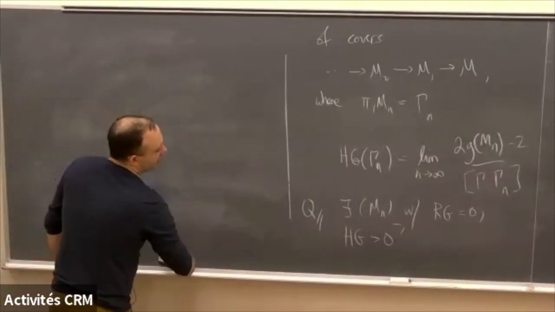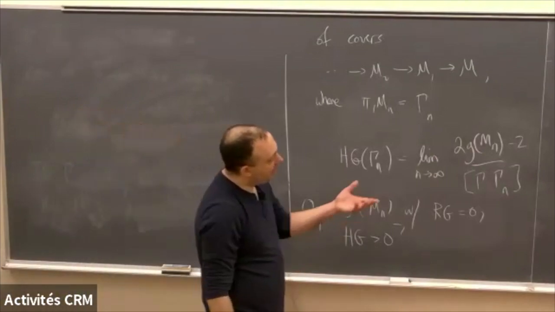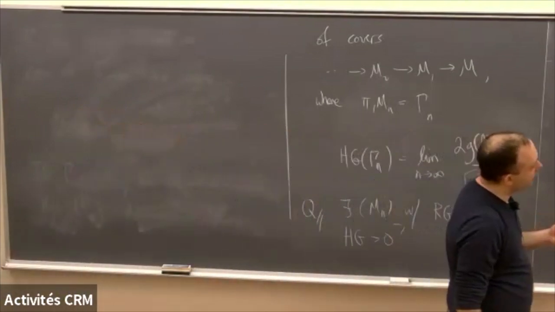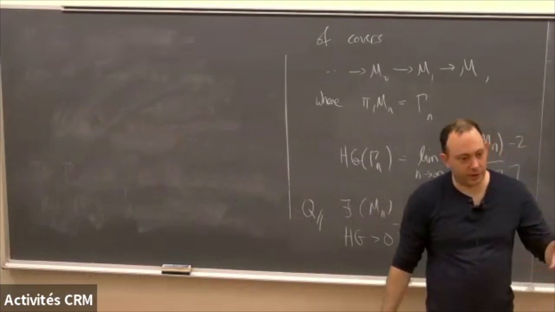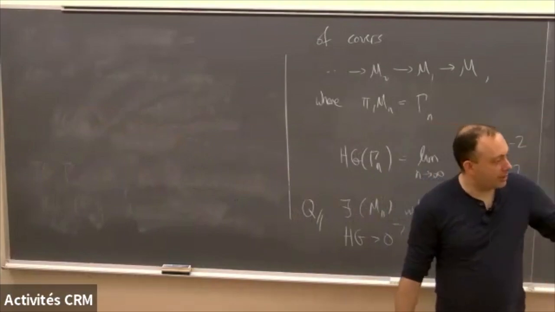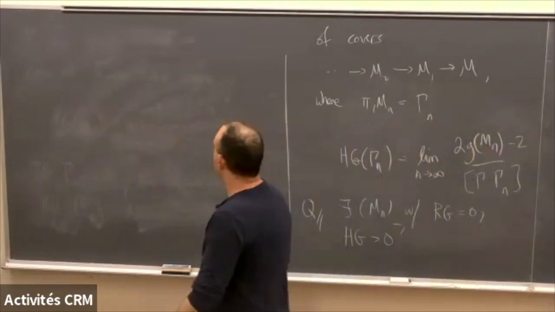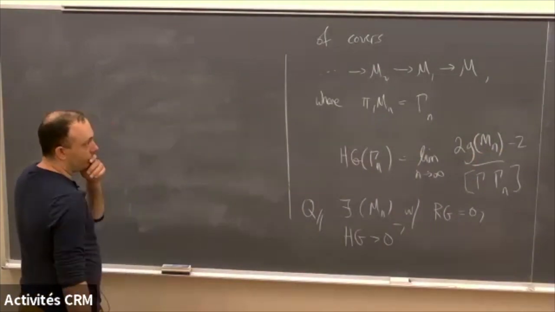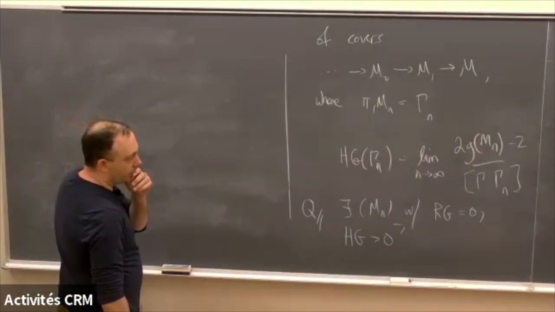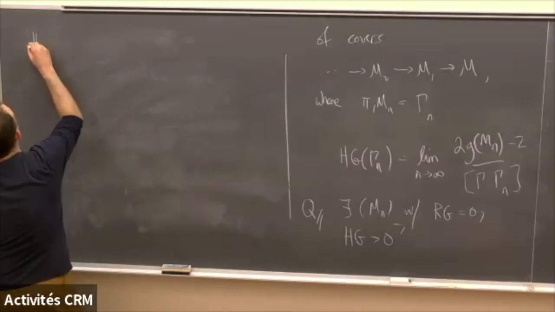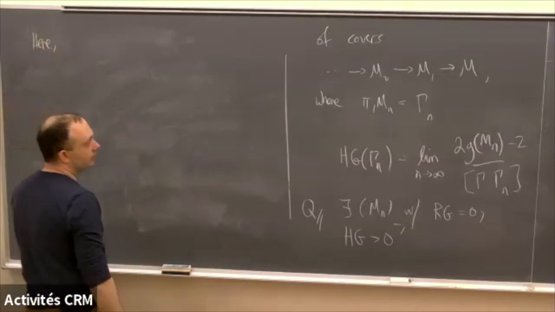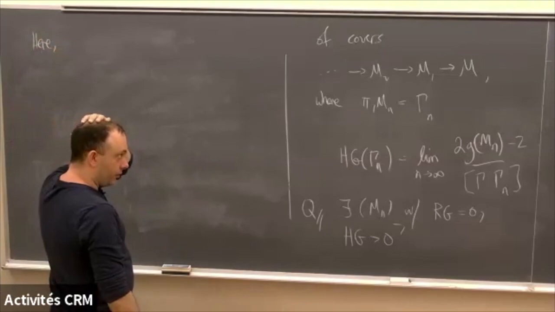Okay, so what about this rank gradient and Heegaard gradient? Well, the point is that if I have a mapping torus, then there's a natural family of cyclic covers of the mapping torus that I get by just unwrapping the circle direction. Okay, so right. So here, if we set